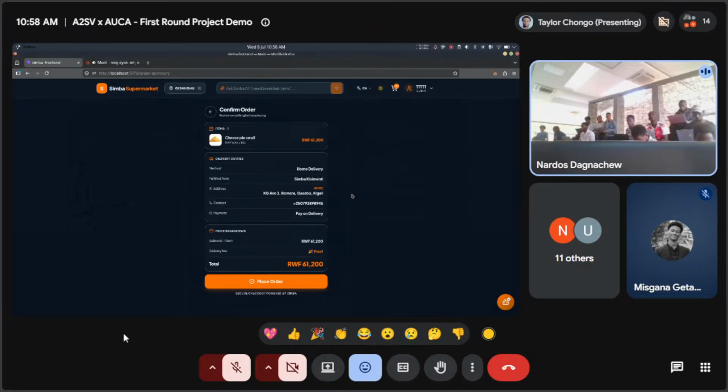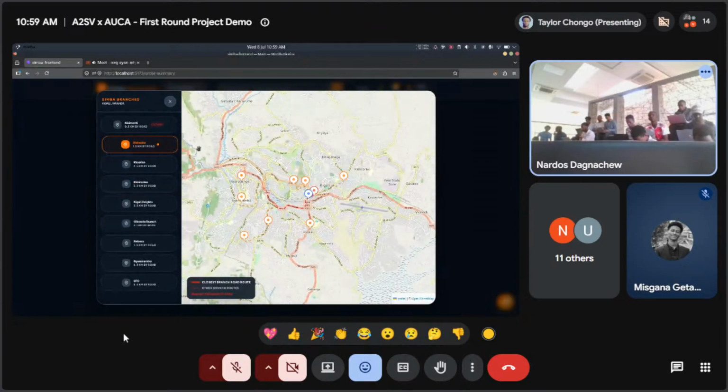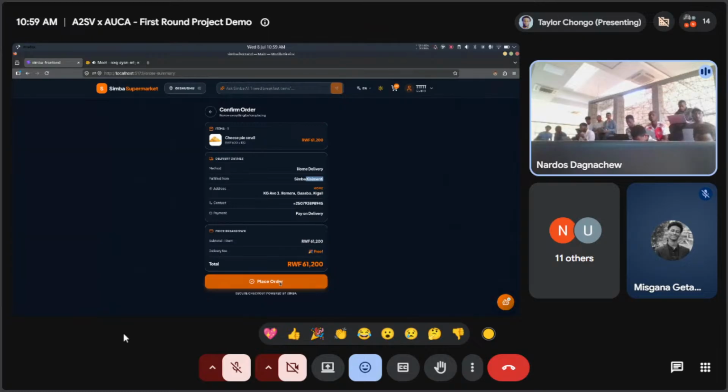Now you have already entered your information, and another thing is the system automatically selects the branch nearest to you. Here I selected Remera, and you can see that the nearest branch to me is Kisimenti, based on the map. You can see different branches, and the nearest one is Kisimenti, which is here, only 500 meters by road. So if you place the order,